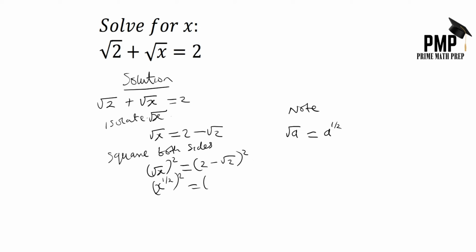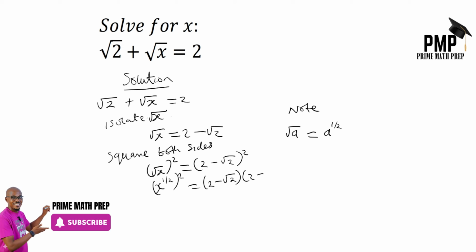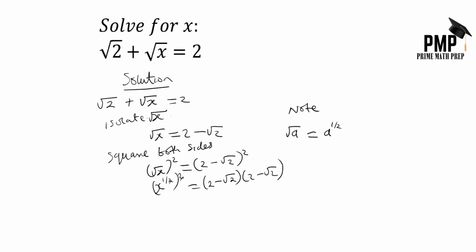let's expand this, 2 minus root 2, bracket, 2 minus root 2, in expanded form. The reason why we did this in this expanded form is to enable us to cancel out this power. 2 will cancel out this. So x raised to the power 1 is still the same thing as x, equal to,